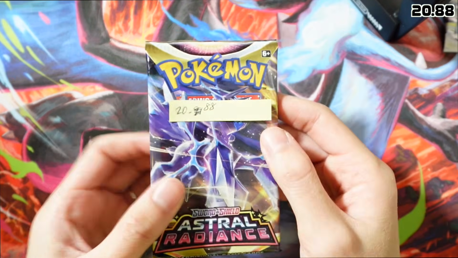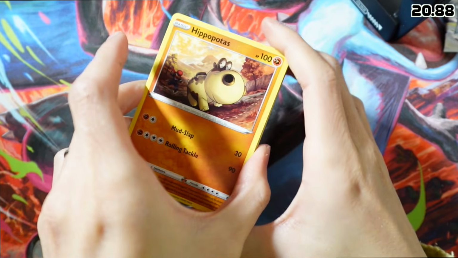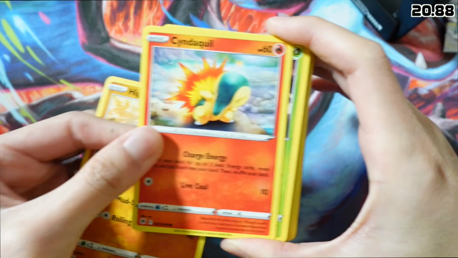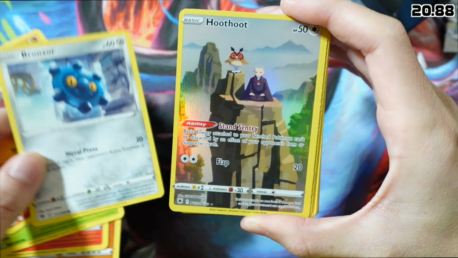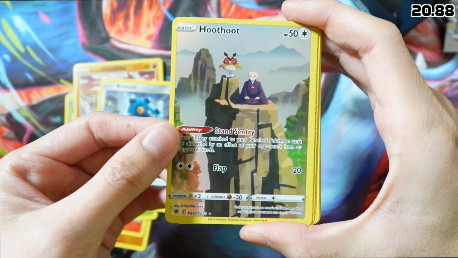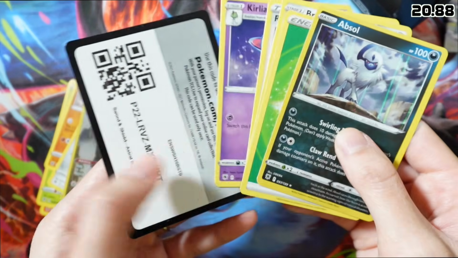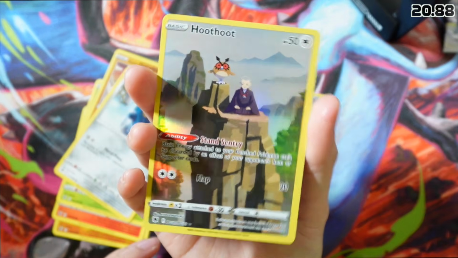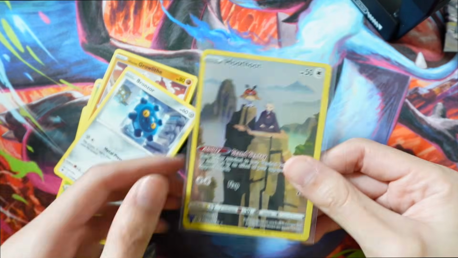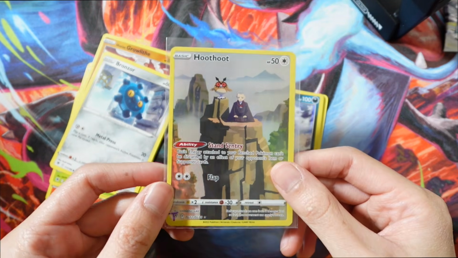Well, the other 20.88 here also beeped. So let's see, black code card. Hippopotas, Cyndaquil, Scyther, Growlithe, Bronzor, Hoot. Ooh, nice. And then we have Absol, which, I guess back then counted as a hit. The hollow one. I got no words. No words to say, guys. Nothing. This is pretty self-explanatory. The scanning thing really looks like it works. And then